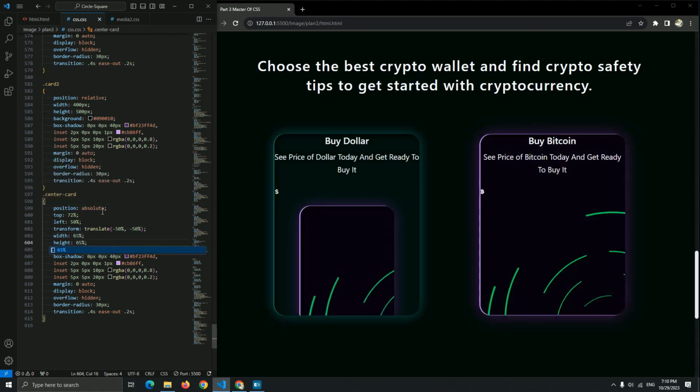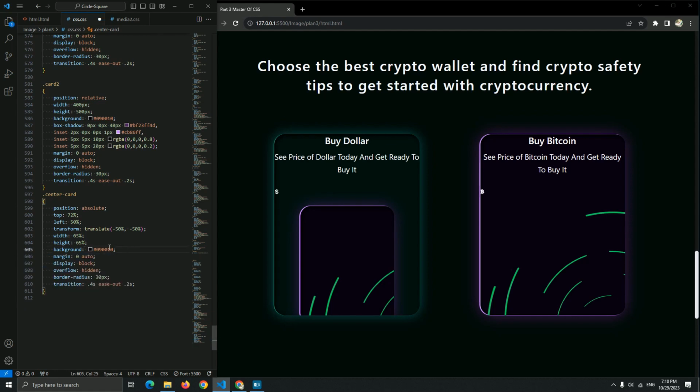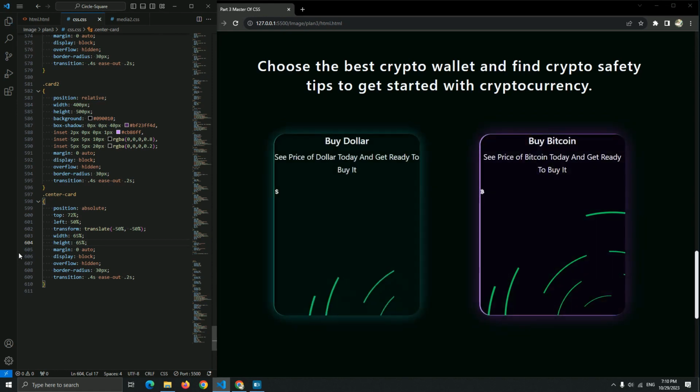Here we go. And we don't need a box shadow because this is our image with a background. We don't need it again.